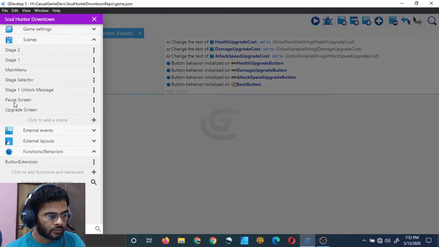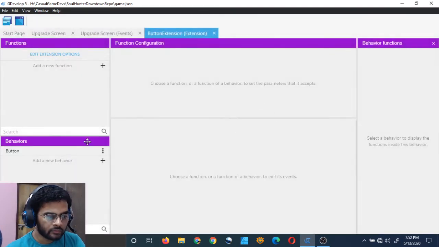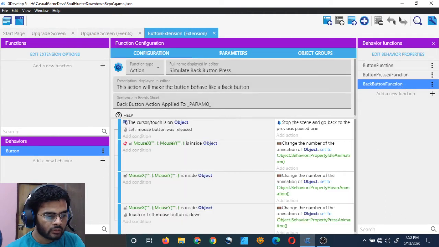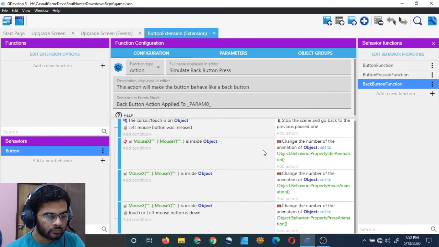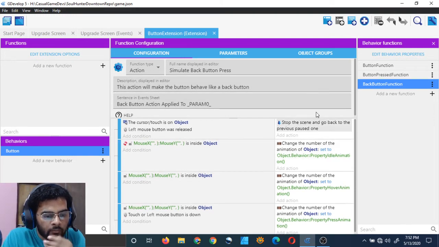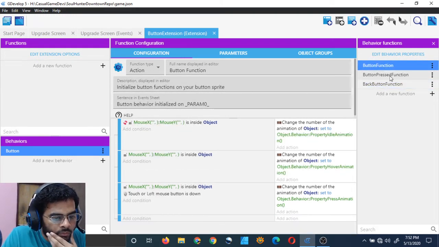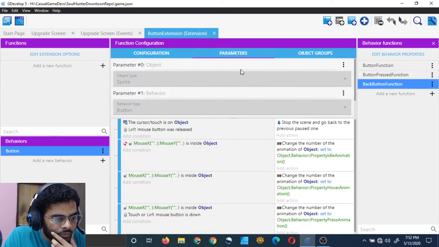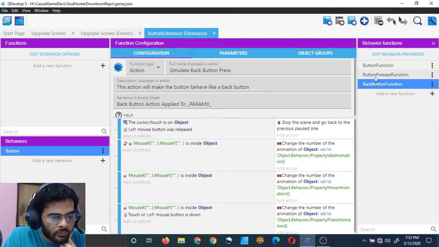Wait, where is the back button function? This was not being shown to me. Button press. I think it did not update, or some bug or something buggy here. I think it should show me this also. It is showing me the previous one.